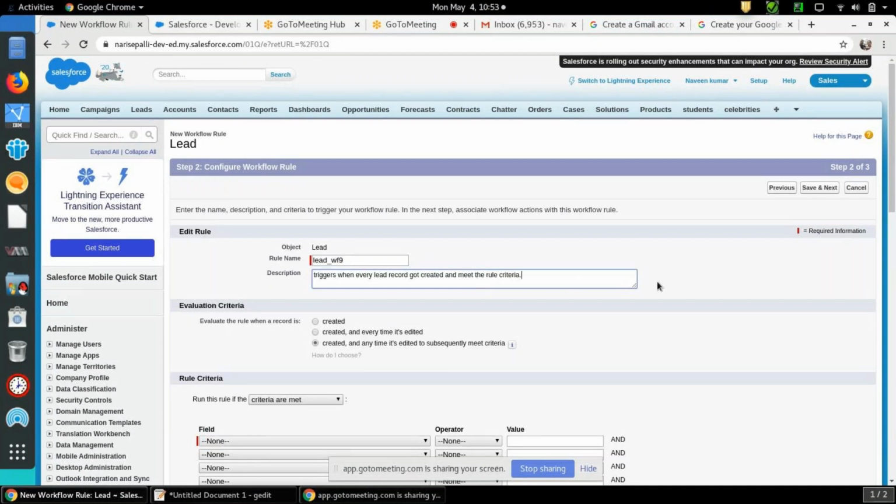One more thing I would like to mention here. In Salesforce, there are many ways of creating a lead. Manually we can create a lead, like I'll show. And there is also a concept called Web-to-Lead. Just like I showed with Gmail, you fill in all the details in a form and your account gets created.